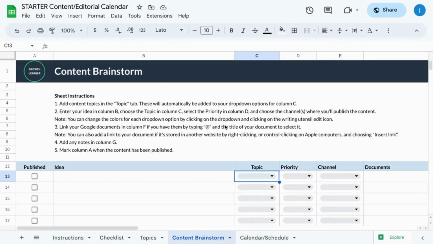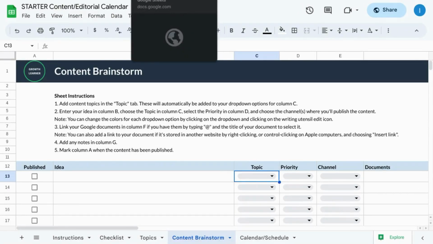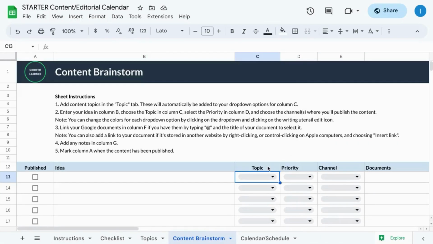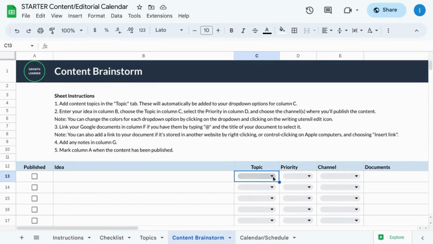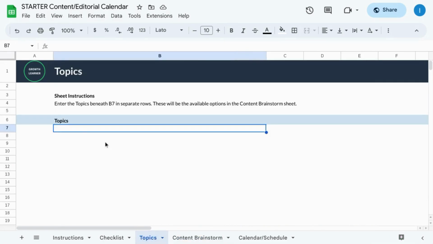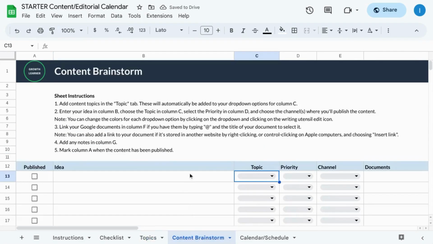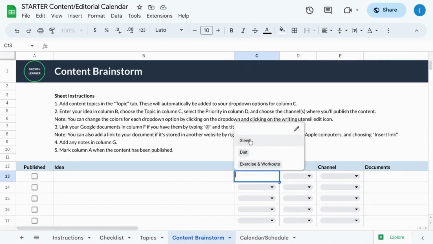Depending on the version, your main content tab will either be called a content brainstorm or a content overview. Either way, this tab will include a topic column which has a drop-down menu that pulls from the topics that you enter into your topic tab. So if we add some topics like exercise and workouts, diet, sleep, and we go back to our content tab, then we'll see those options for selection